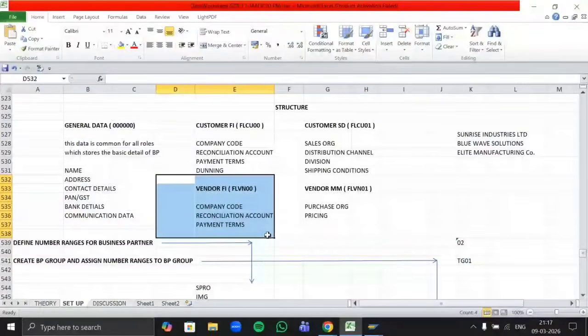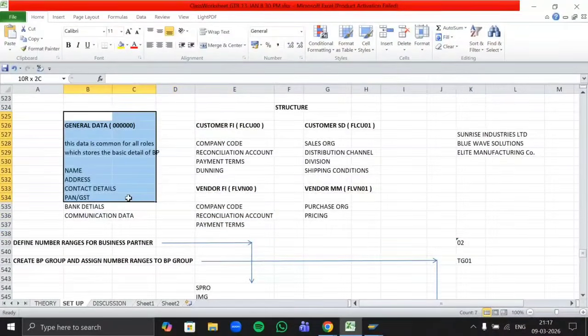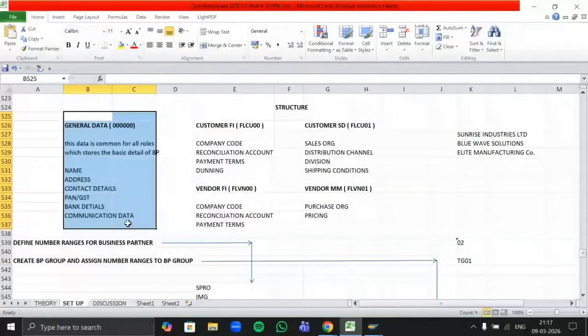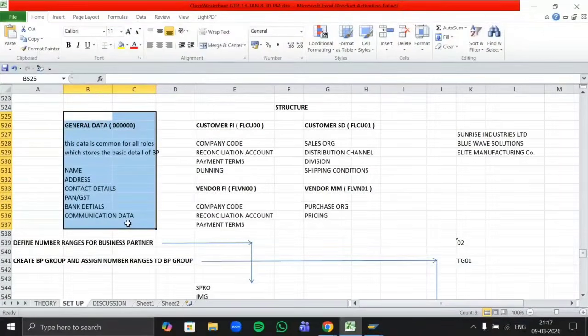Now what if this business partner is your company's customer as well as your vendor also? Then what can we do in this scenario? We can keep the business partner same for both customer and vendor. Like we will extend the role as customer as well as vendor.